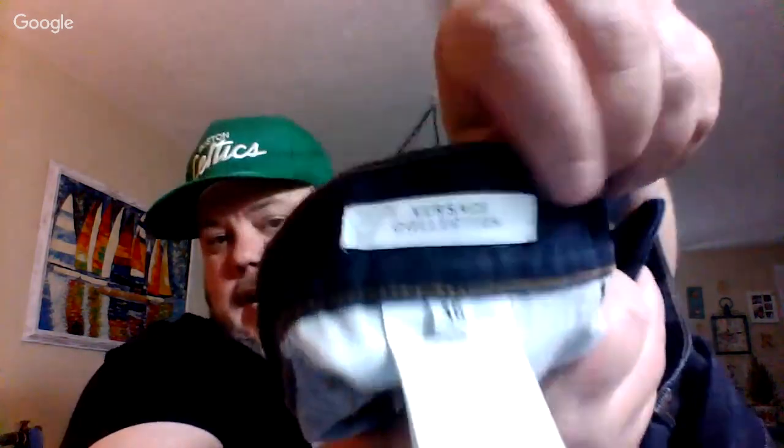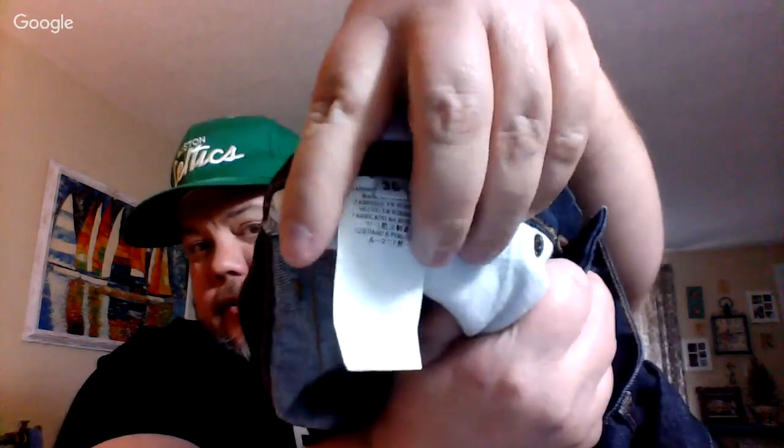But there's the tag right there, Versace collection, and the other tag. These will probably do okay. These will probably be about a $40 pair of jeans. They have the Versace on